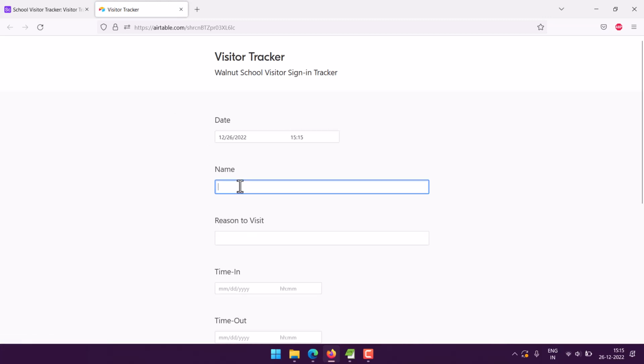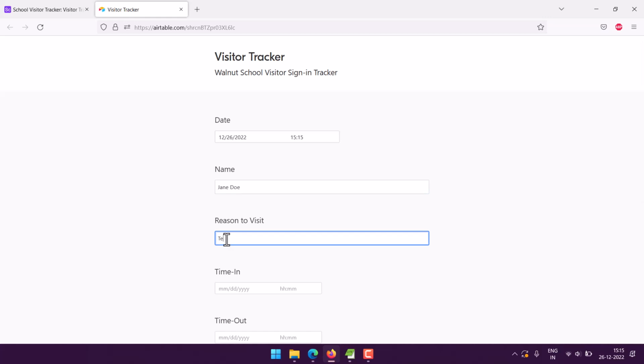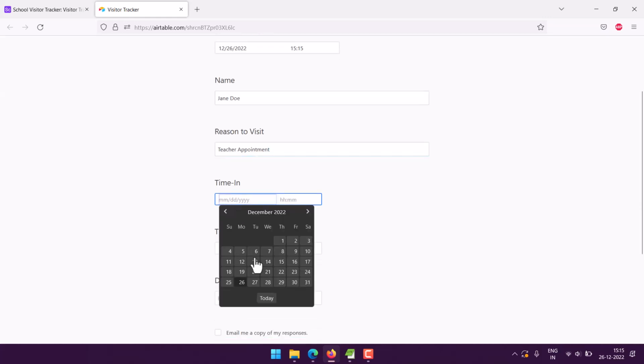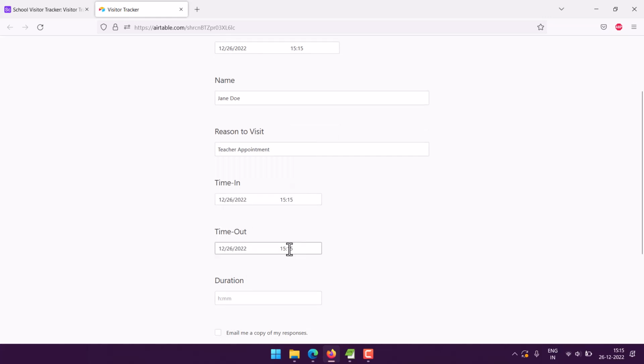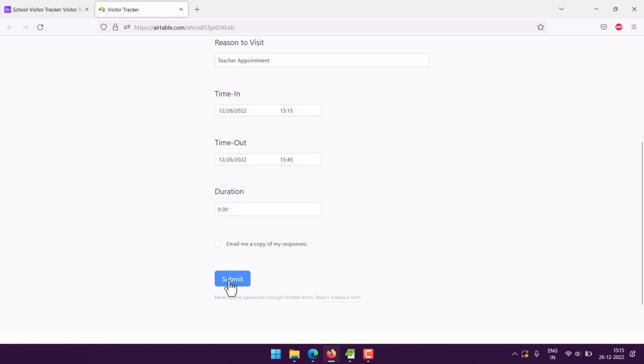So let's see, gender, reason is say something like teacher appointment, then time in and then time out. Here I am adding 45, duration 0030. And then if I use submit,